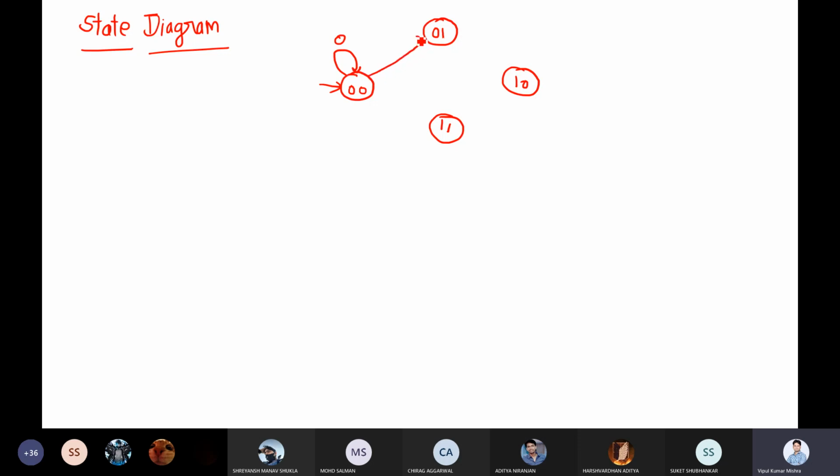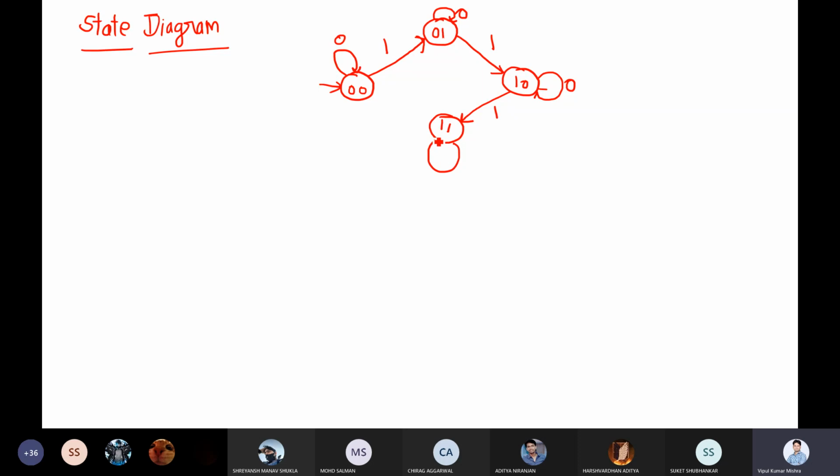If you are in this state and you get input 1, you will reach another state, that is the 01 state. And in this state again, if it gets 0 input, then it will remain in the same state. And if it gets input 1, then it will jump to another state, that is 10. Similarly, if this state gets input 0, it will remain in the same state, and if it gets input 1, it will go to the next state.